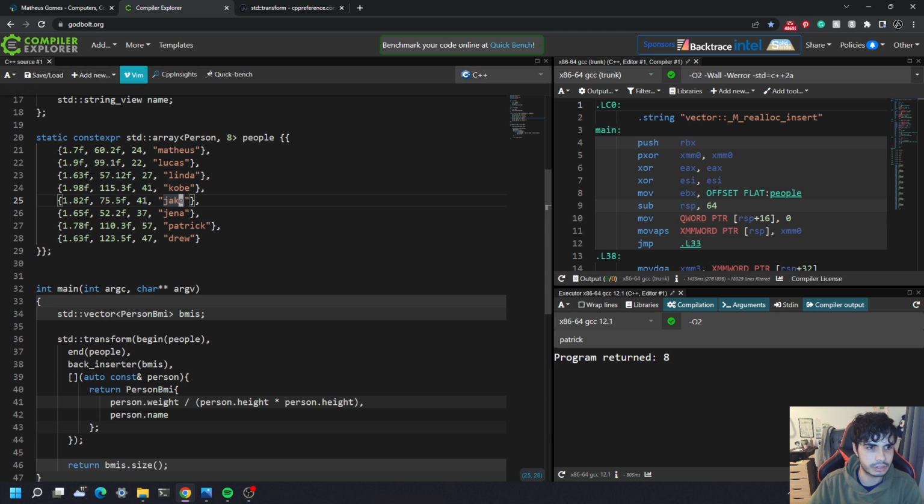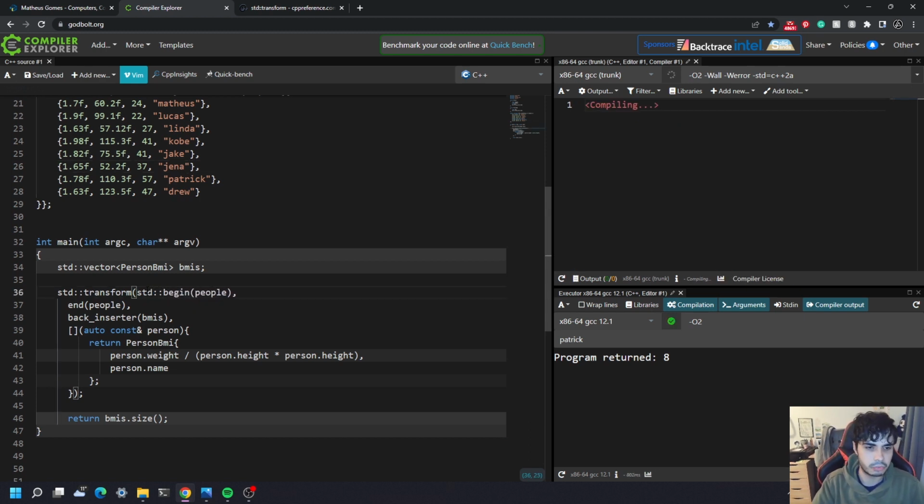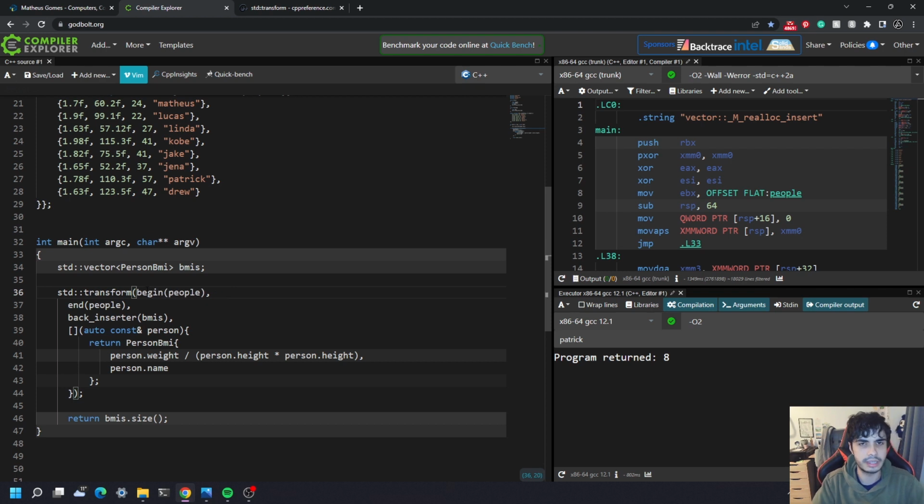So essentially, it's going to go through all of this, because end of people here would actually give me the element after the last one. So it goes through all of them, and that's how you can use it here. Okay, and just bear in mind that this is actually the same as doing std::begin. It works in the same way because of something called ADL in C++. You can look that up if you want, but it's just a neater way of writing that.